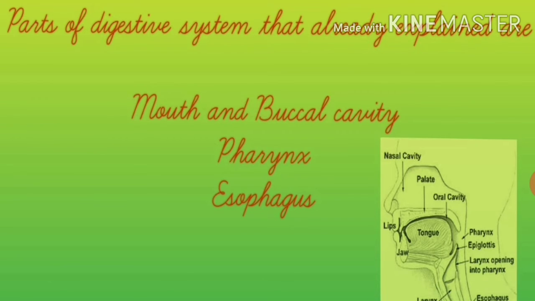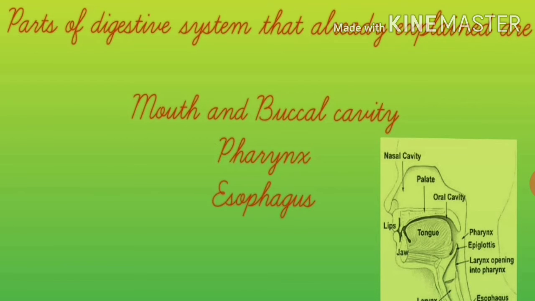The food passes from the mouth into a long tube called the esophagus, also called the food pipe. The walls of the esophagus contract and relax to produce a wave-like movement called peristaltic movement. This movement helps to move the food down into a large sac-like muscular organ called the stomach. I hope you remember all these things. Now today we have to learn about the stomach.